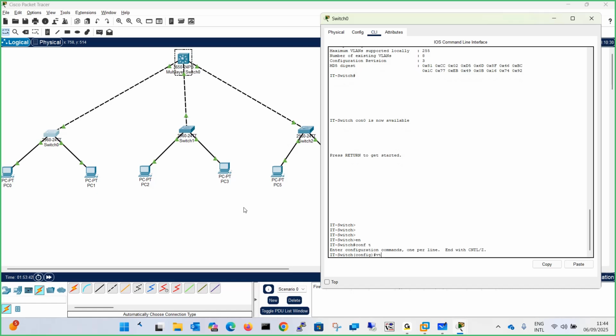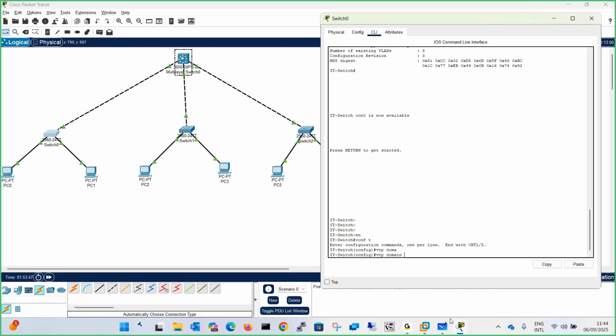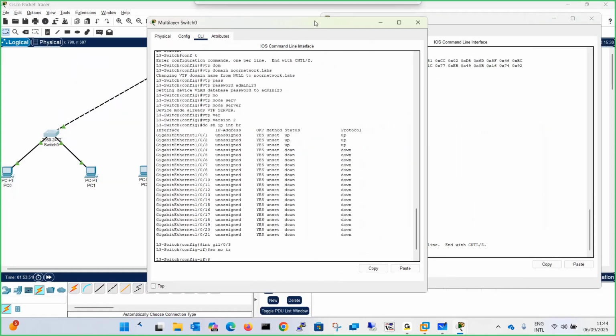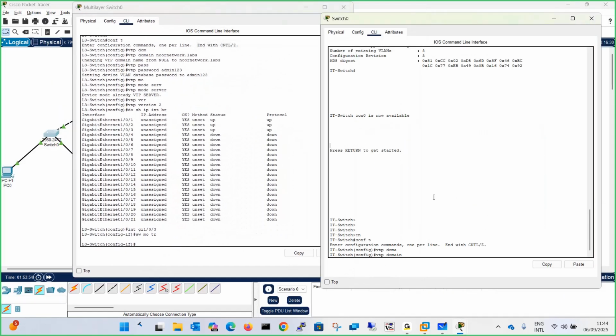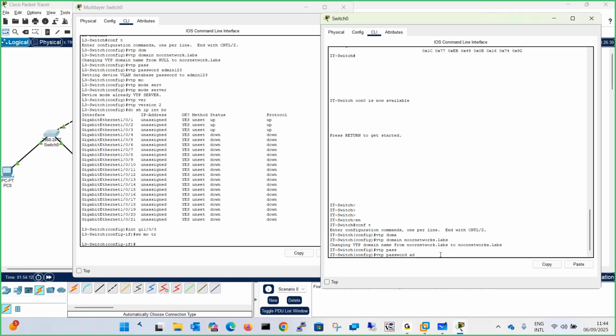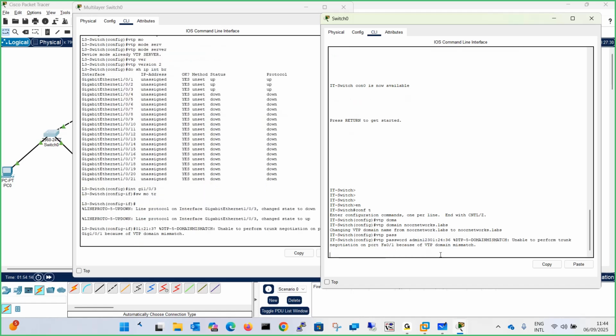and say that VTP domain, ensure that everything is same. I will just put this over here so that we don't make any mistake, and all the configuration is committed perfectly. VTP domain, and you will say that it is noor networks dot labs. Hit enter. You will give the VTP password as admin123